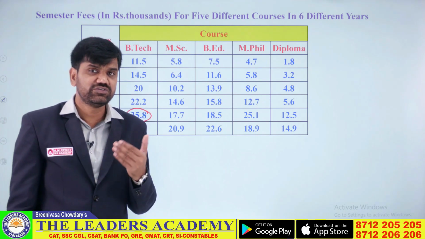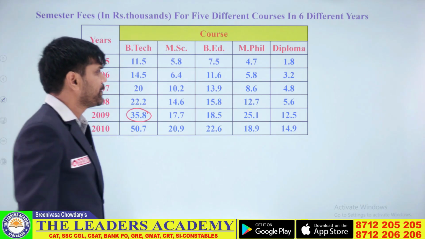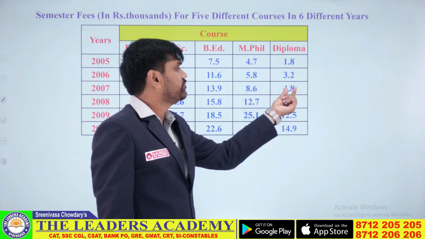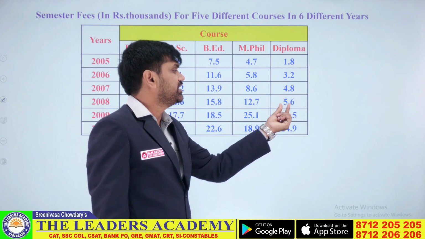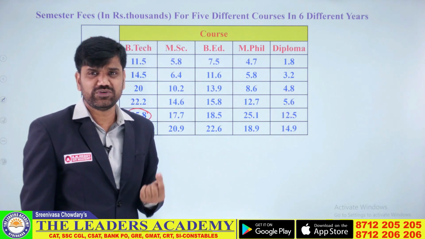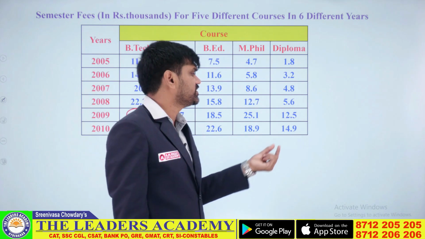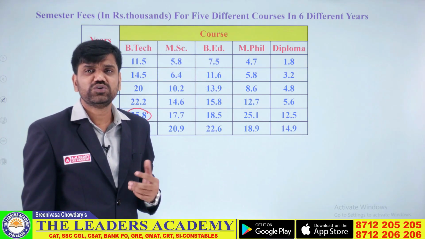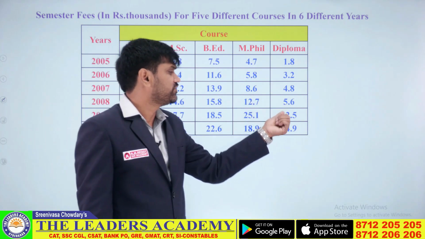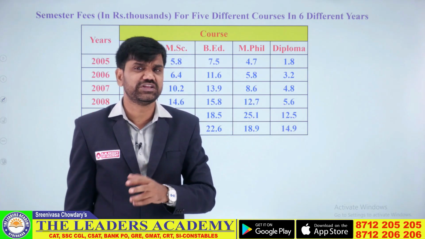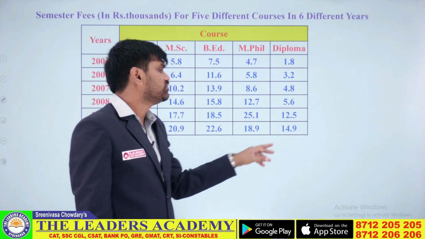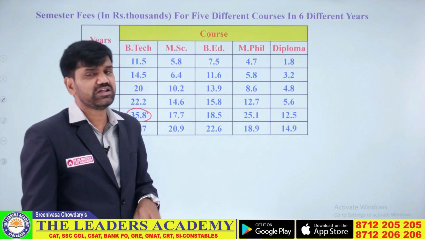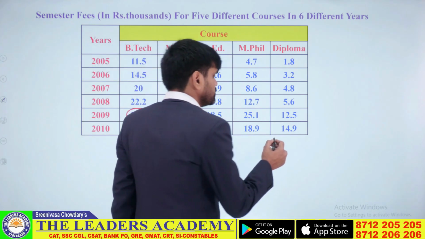Let us go for addition without decimal as I already suggested. Going ahead with 18 plus 32 will give me 50. 50 plus 48, 98. 98 plus 56 will give me how much? 154. 154 plus 125 will give you how much? 279. 279 plus 149 will give you 428.